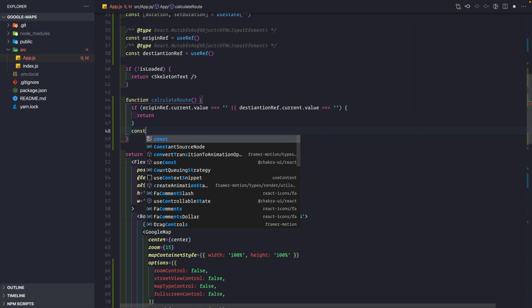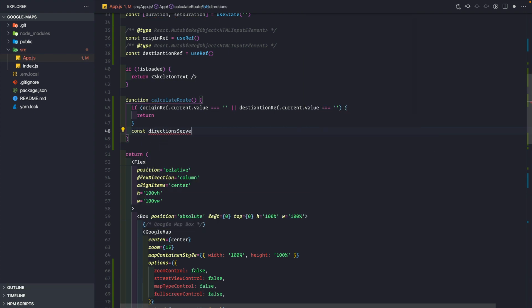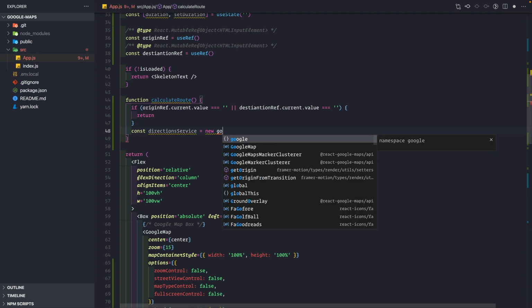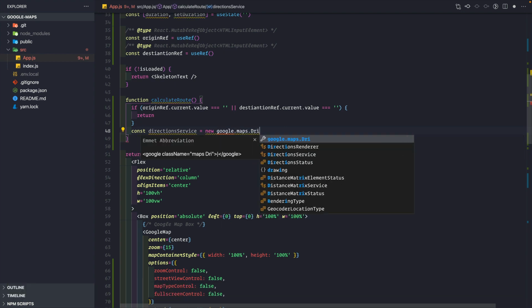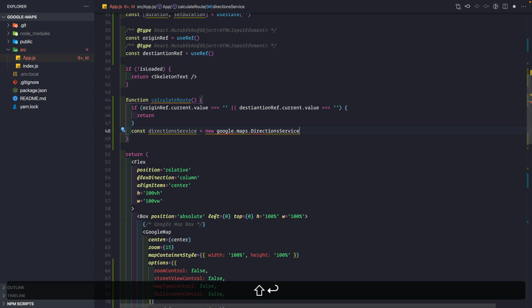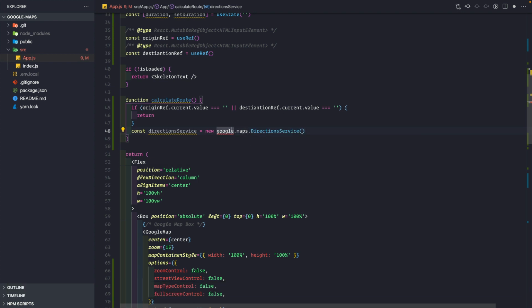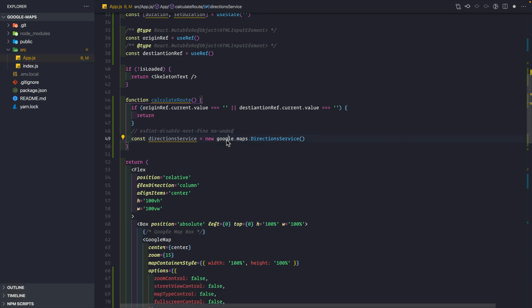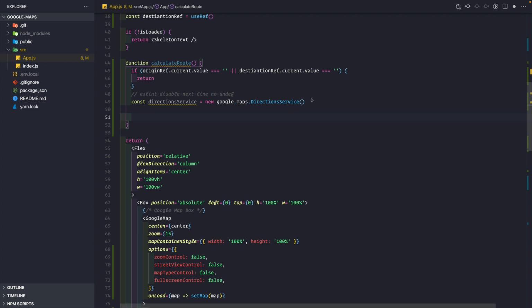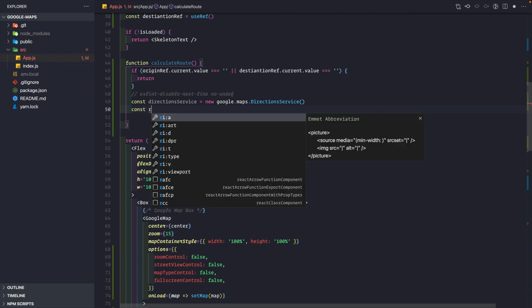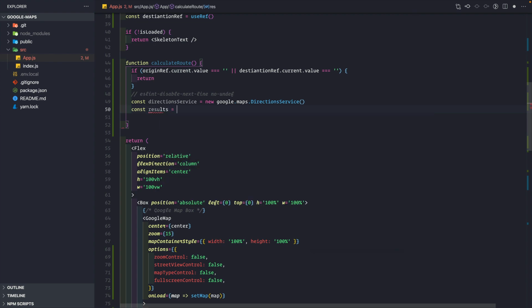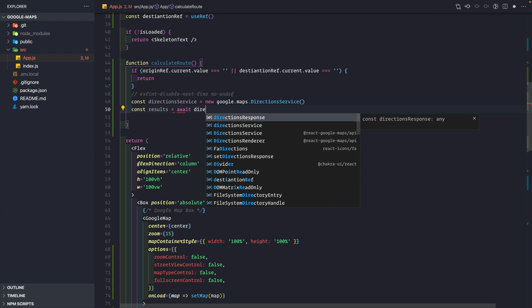So I would simply say const direction service equal to new google.maps.DirectionsService, like this, and then it gives us an error, but that is not an error because the maps script is already loaded. So I would simply disable this no undefined for this line, that is I would simply disable the ES linting which we are getting here. And now what we want to do, we want to call this direction service to get the results. So we can say const results equal to await direction service